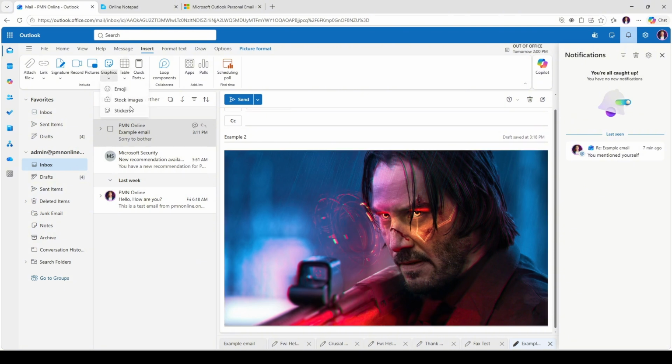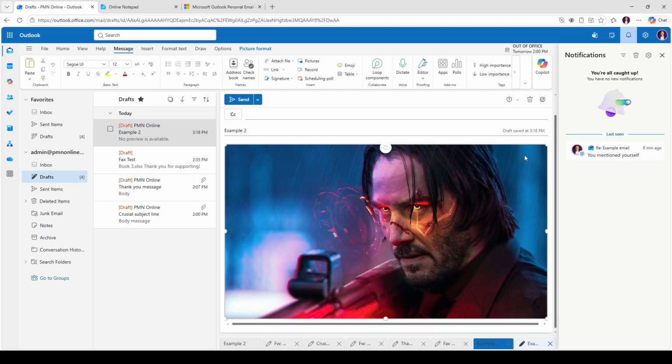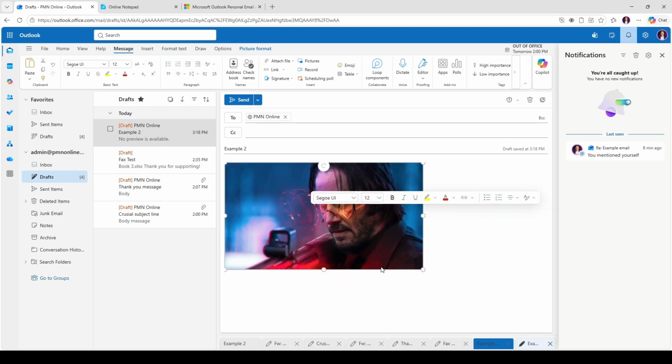Your recipients are bound to appreciate the fun and creativity that your GIF brings to their inbox. Here's a quick tip to keep in mind. Ensure that the GIF you choose is relevant to the content of your email to avoid any potential confusion. Additionally, take note of the file size, as larger GIFs might take longer to download or display properly. GIFs are a fantastic way to engage your recipients, whether you're using them to emphasize a point, add humor, or